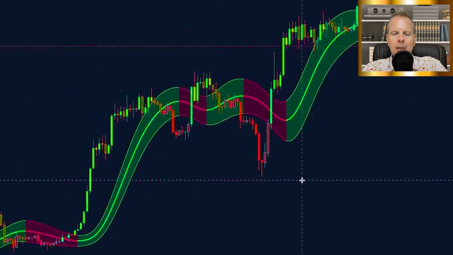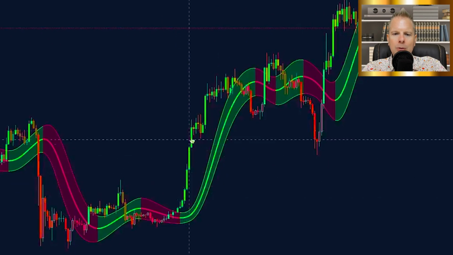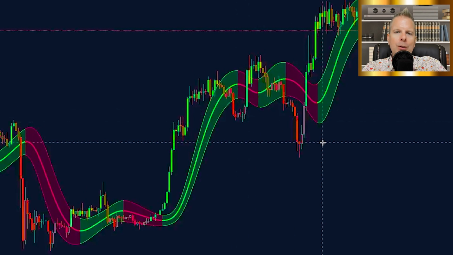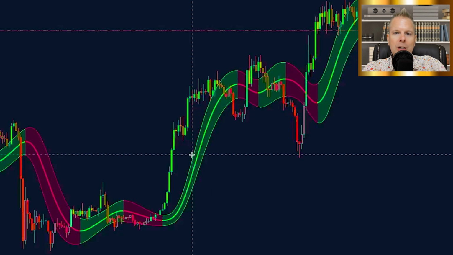As you zoom out and you look at the chart, you understand that some of the price action goes above this Gaussian channel and some of it goes below. The Gaussian channel is kind of like the median of the price action. And the Gaussian channel changes colors and does specific things that we can use to pair a strategy with this